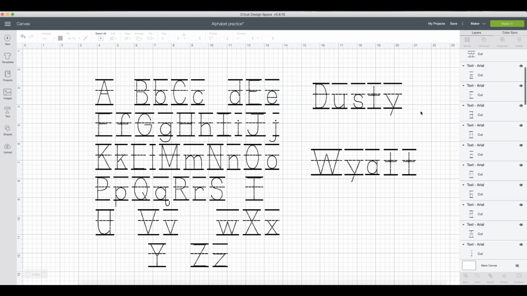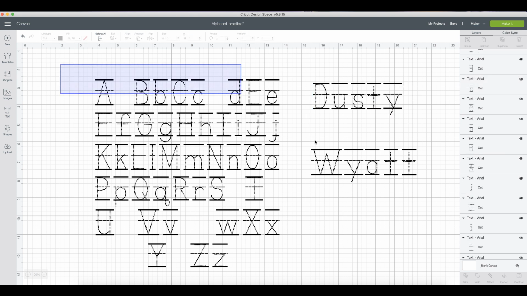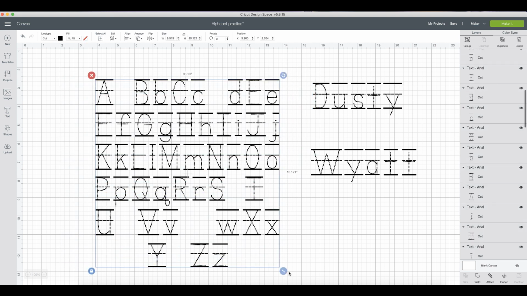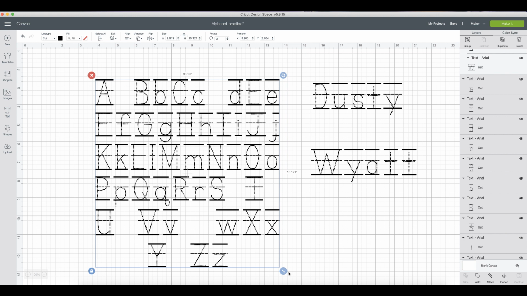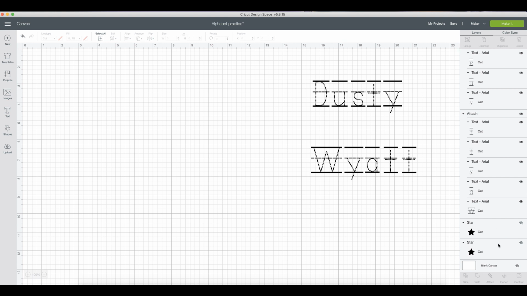Once you have it like you like it, select those and detach. I would then get rid of this here because you have your original file already set up. You don't need that to bog down Design Space for you. And if you wanted to use the stars on each side, then you could, of course, add those back in